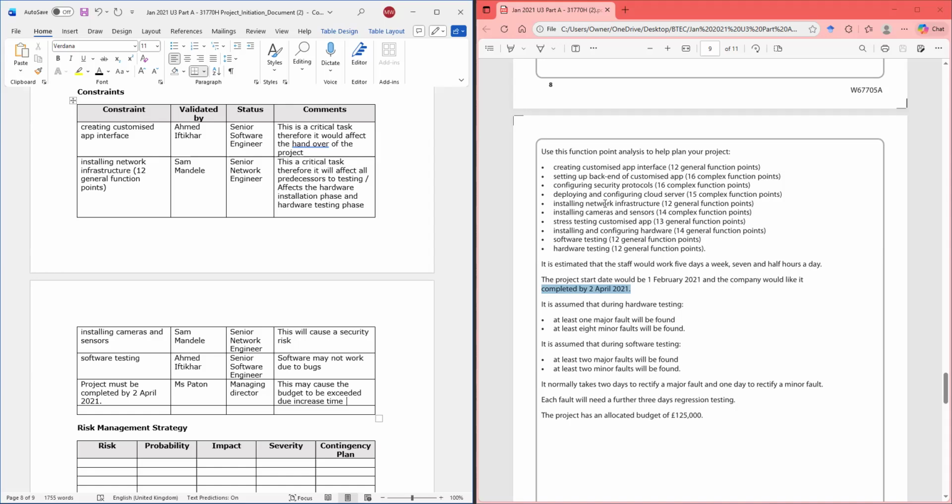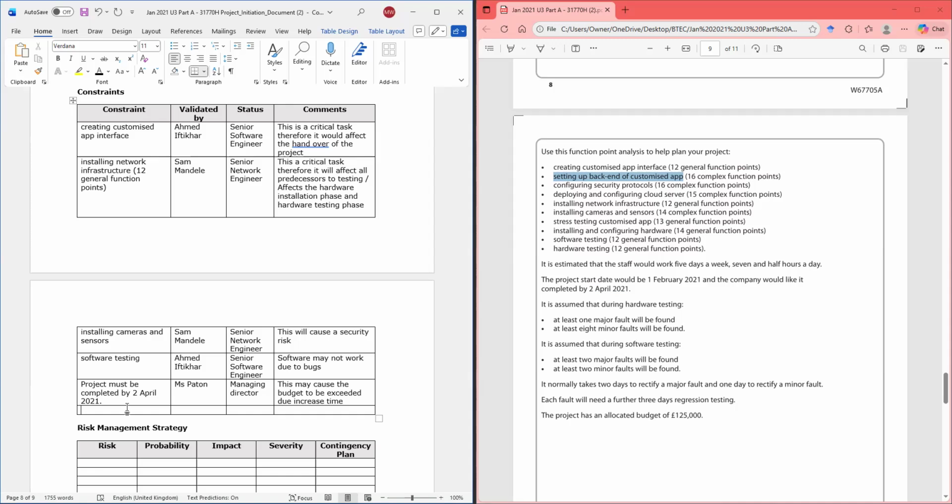Configuring security protocol. We do that. Installing network infrastructure. Stress testing. All right, setting up backend for customized app. We set up backend so that there's a connection, so that the backend would be the section of the app that does most of the work, basically.